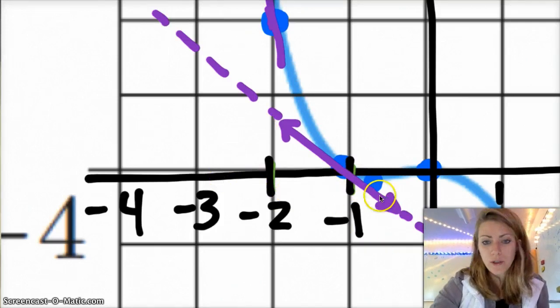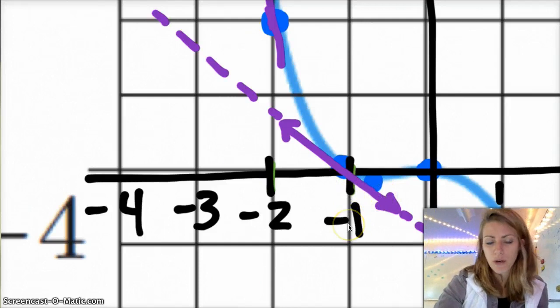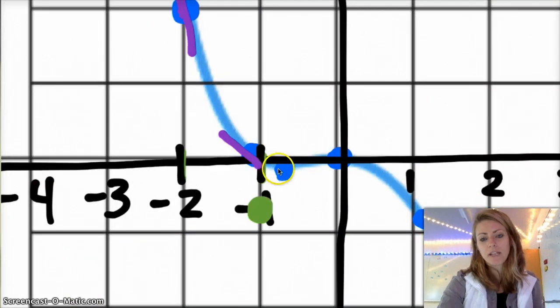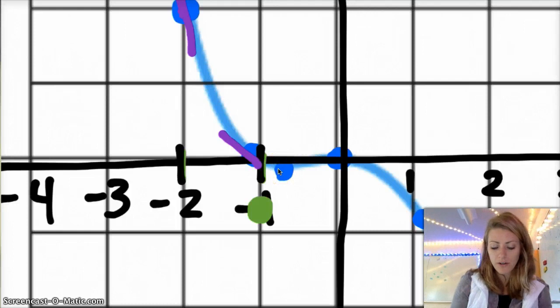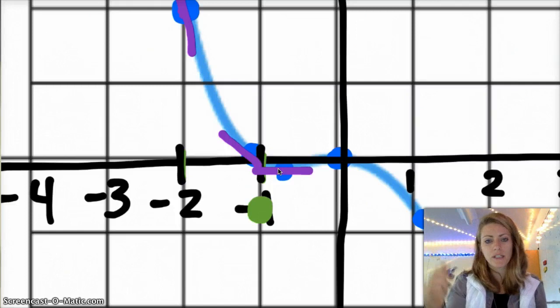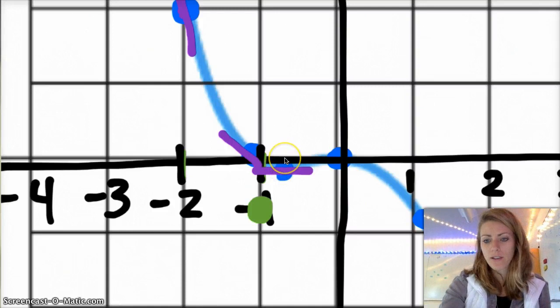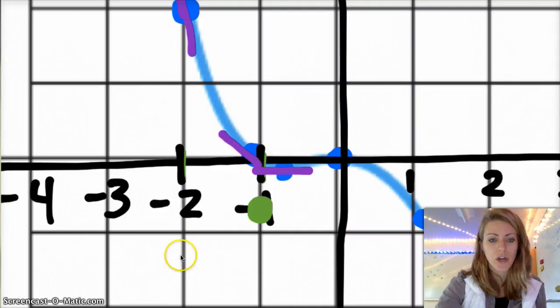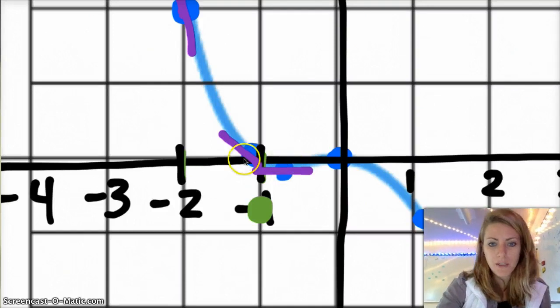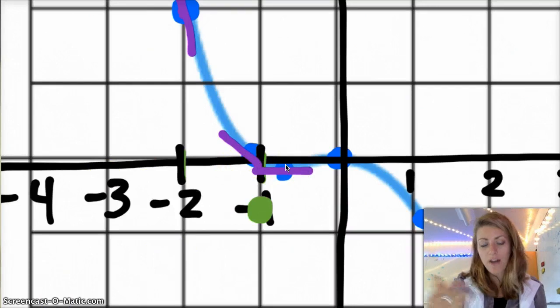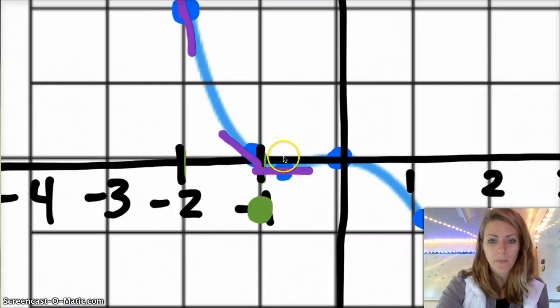So then I want to put a dot at about -3/4 on the y when x equals -1 for my derivative graph. Then I look at my next point. I picked this one because it looks like the slope is about 0. So my tangent line is about a horizontal line, where the slope is 0. I wanted to do that because I want to know where it crosses the x-axis. It's just helpful information to know. So my next point here would be the slope of the graph at that point, which is 0. So I'm going to put a dot right here